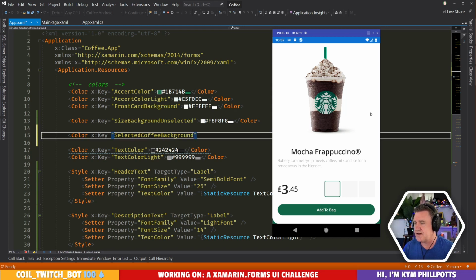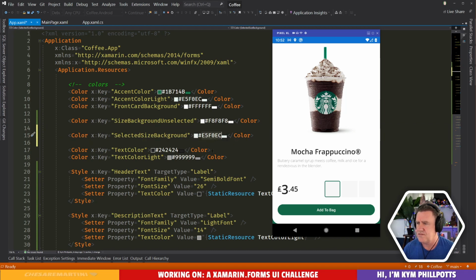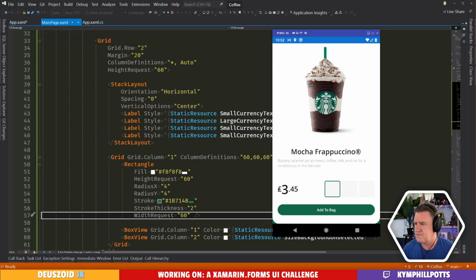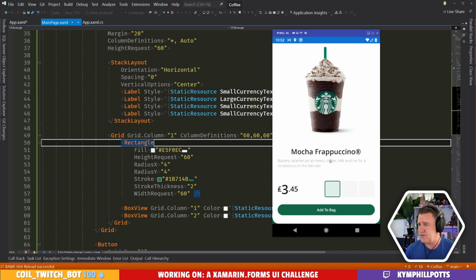That's actually a selected size background. It doesn't look right. Maybe it is. Yep, it is. There we are. We've got our background. It's green. Beautiful. And then for these other rectangles,